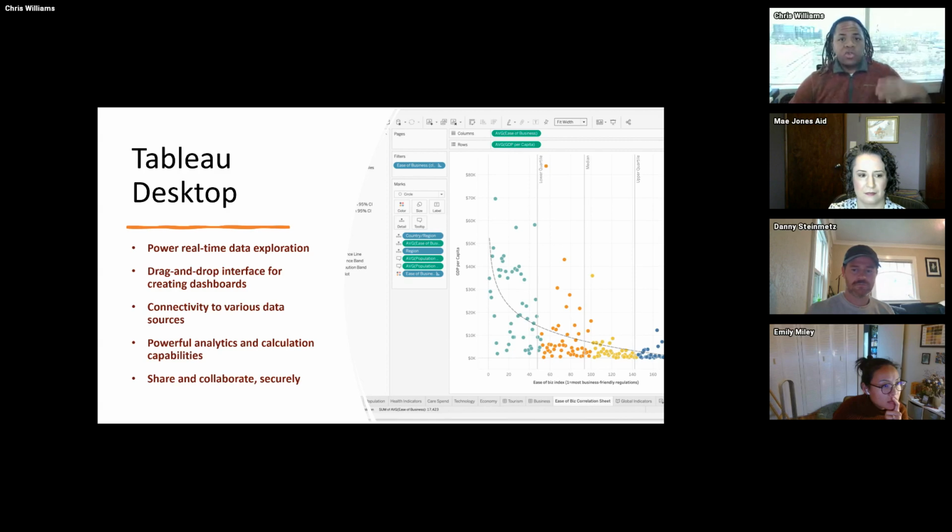Start there. Start with the data that you have, that you either set up in Tableau Prep or set up at the database level or what have you, and then figure out what you want to compare. What do you want on your rows? What do you want on your columns? Tableau Desktop will enable you to do that. It's a drag and drop interface. It's very easy to use. You can connect to a multitude of different data sources,